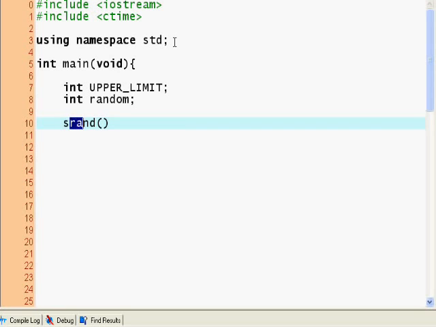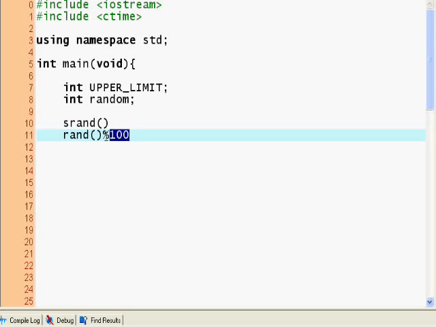The rand function itself gives us, say, if we put a number here, the rand function with the modulus operator of this gives us a number between 1 and 100. Well, in this case, between 0 and 100, sorry. And plus 1 would give us between 1 and, sorry, once again, this would give us a number between 0 and 99, and plus 1 would give us a number between 1 and 100. So seeding the random is making it actually random, because if I just put rand, every time you run the program, it